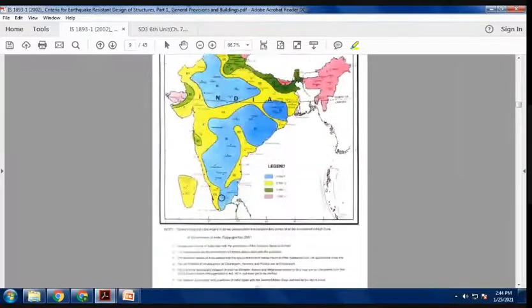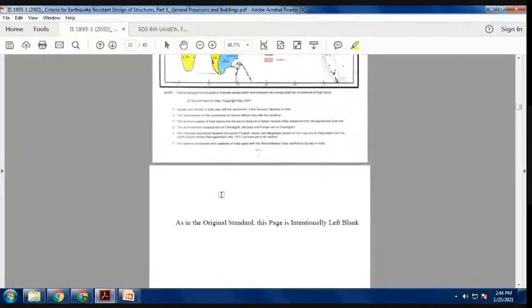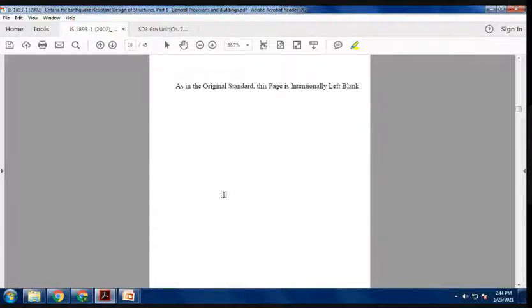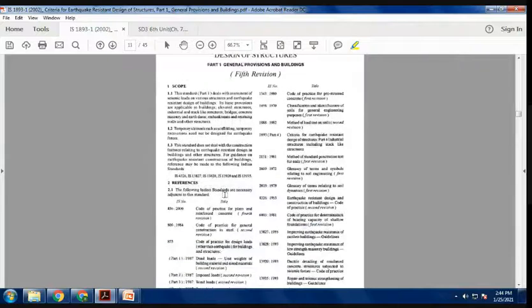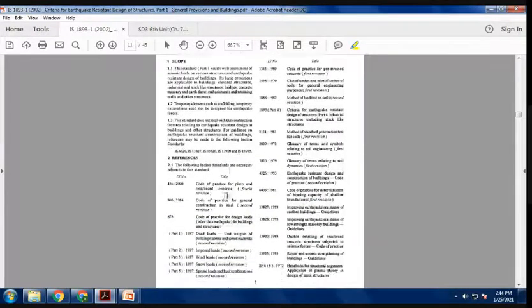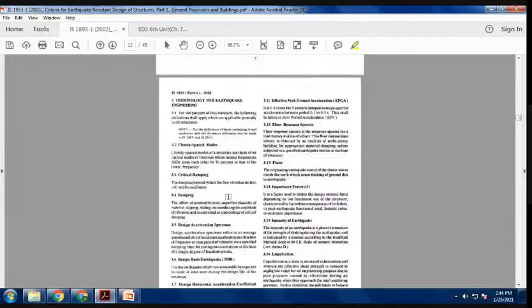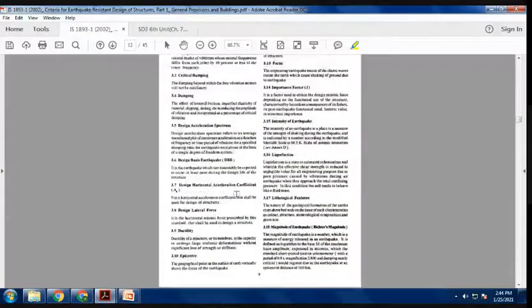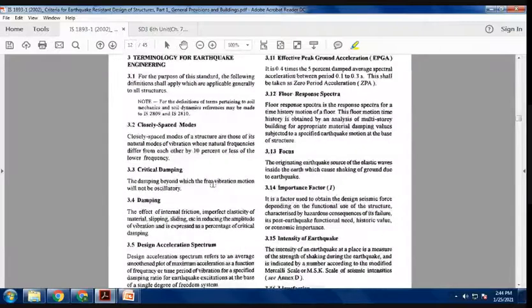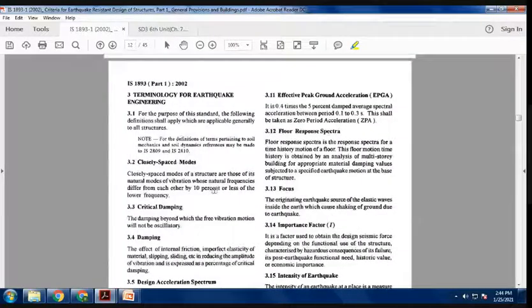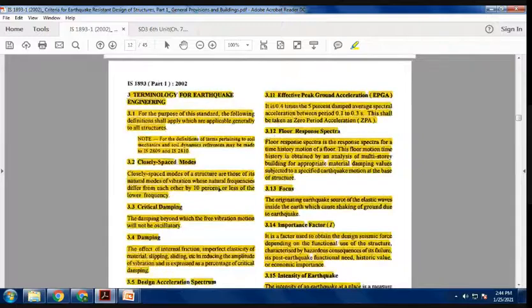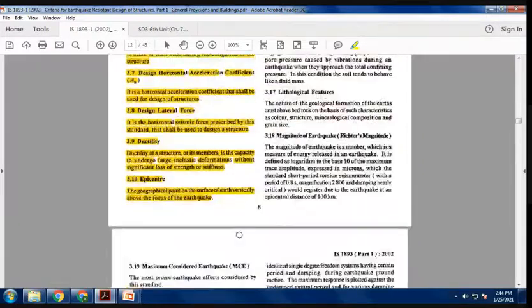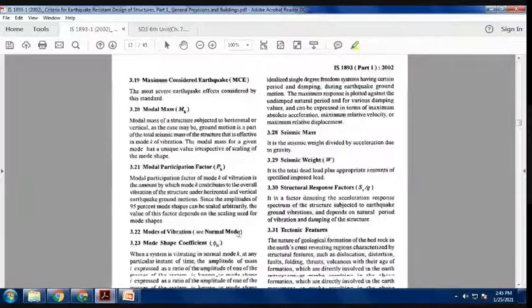The earthquake load is nothing but the lateral loads. Okay, just remember, dead loads and live loads act vertically downwards. Wind loads and earthquake loads act laterally, or perpendicular to the building, means in lateral directions. Up to now he has not asked any terminologies for your exams. If he asks anything, you can directly copy from the code books. Okay, so I will explain which are some important things.